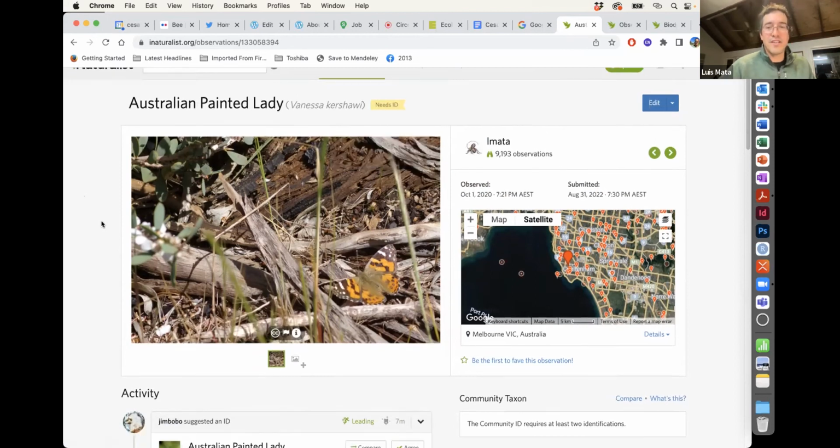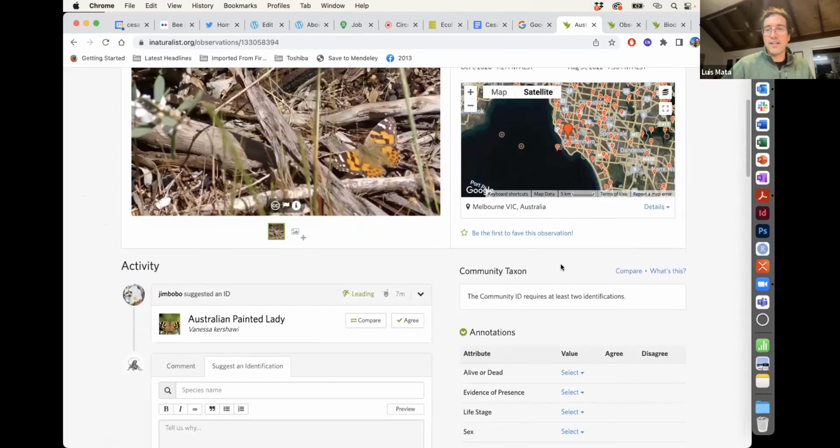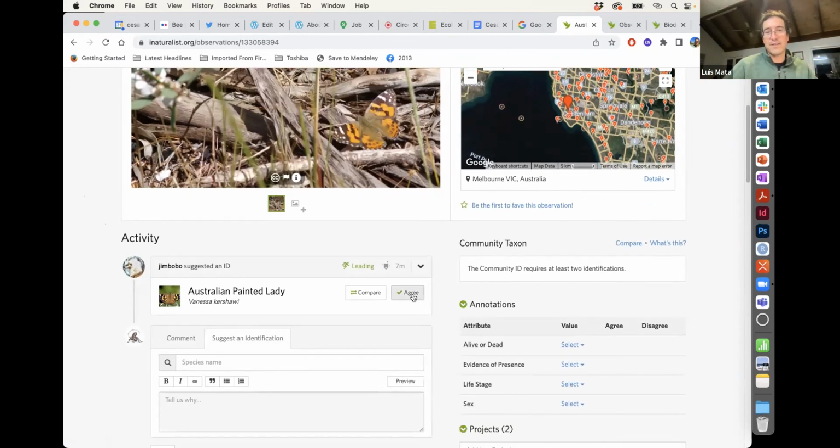This is because iNaturalist needs this community approach to identification, where for a new record, you need at least 2 individual, separate, unique identifications. So what I'm going to do now is that, because I am positive this species is the Australian painted lady, a species that I know well across many years of doing surveys, I'm going to agree with,